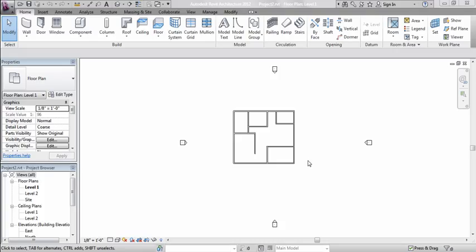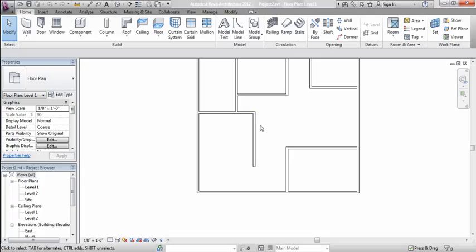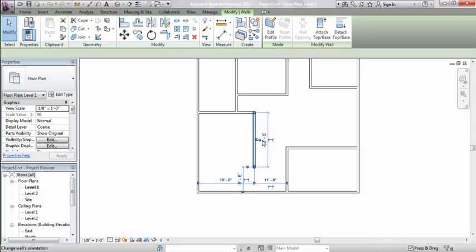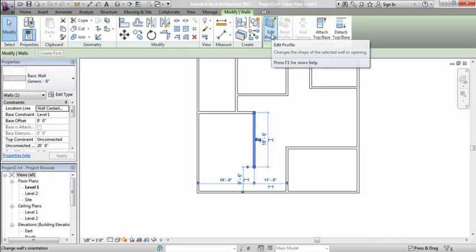In this tutorial we're going to talk about how to create custom holes or archways from room to room. So if you want to create a custom little opening into a different room, this is how you do it. First of all, we got our floor plan here, and let's say we want to put an archway on this particular wall right here. So I'll click on the wall, and then at the top here it says Edit Profile,